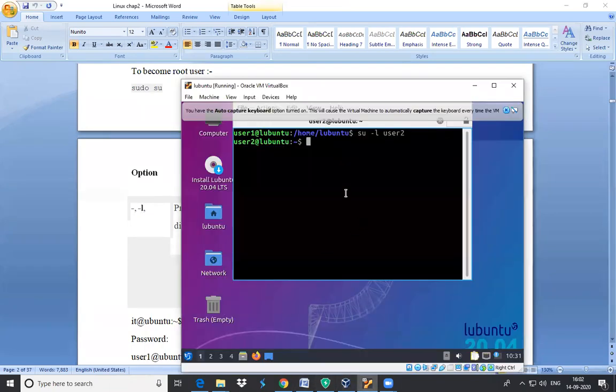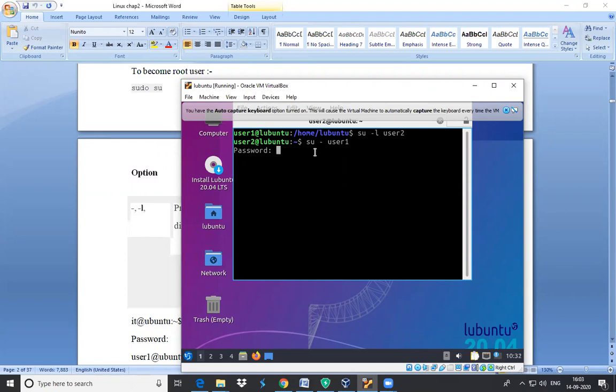Now let's see an example. What I have done is I have switched to user 2. Suppose I want to switch to user 1, then I will type su hyphen and then simply user 1. It is asking for the password.